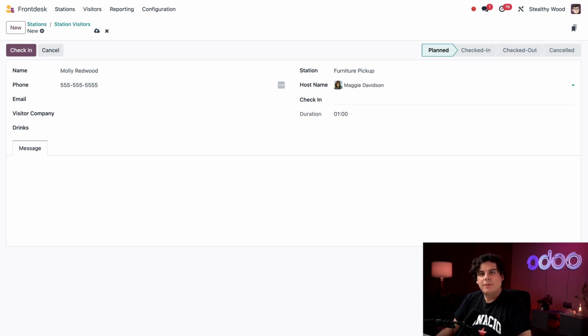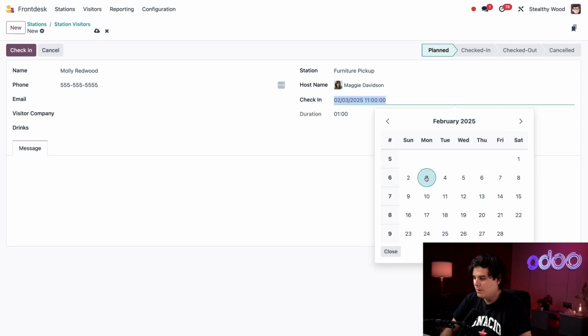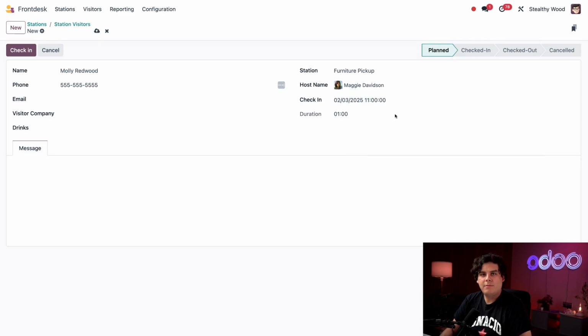Last, I can enter the scheduled check-in date and time if I have that information. In this case, I know the sofa is going to be ready February 3rd. Don't really know the time, so we're just going to leave the little placeholder one as is. She can, of course, come anytime during our pickup hours. Now, the duration field over here will auto-populate after she's checked out, and will calculate the total time she spent